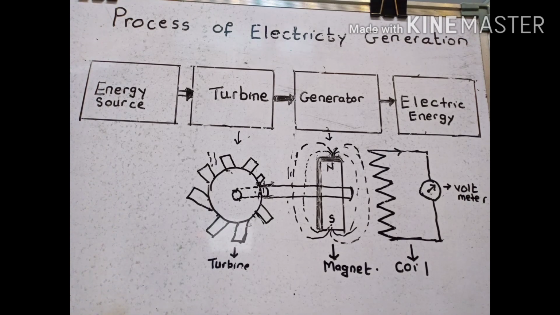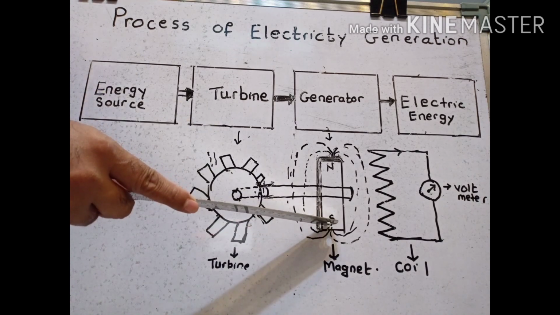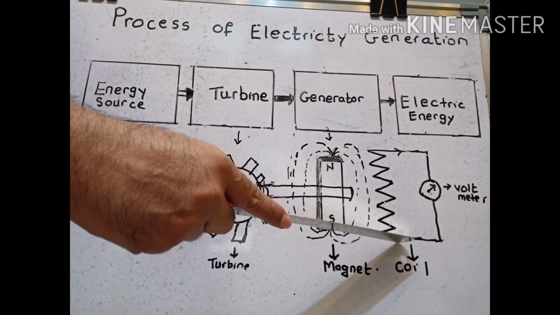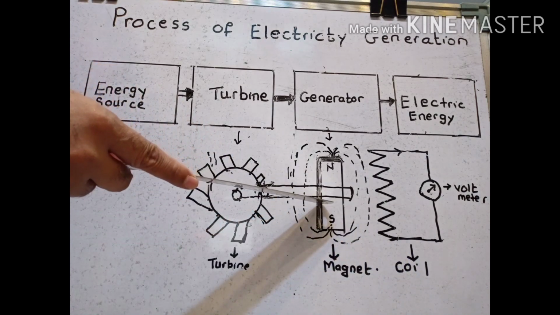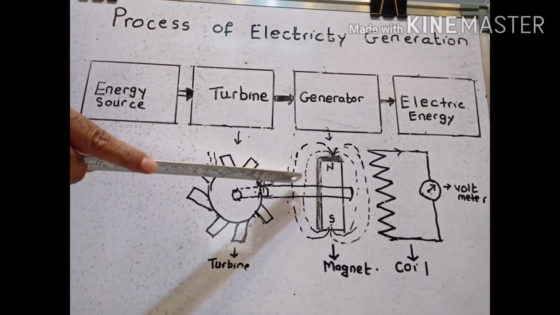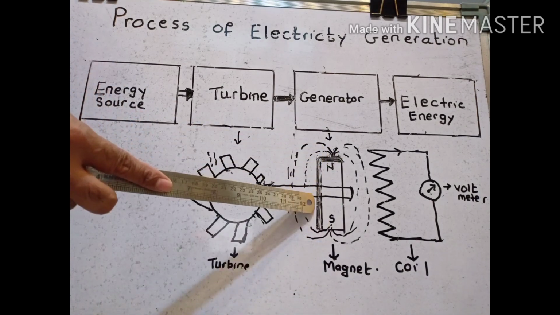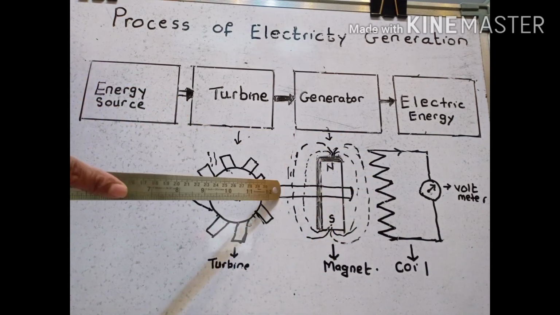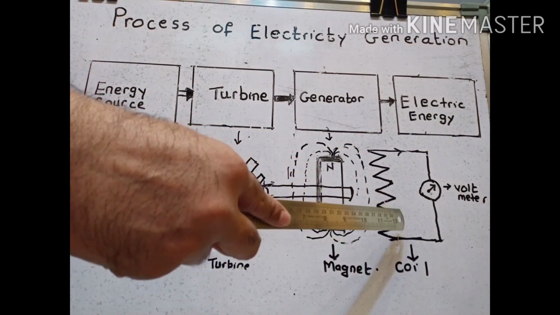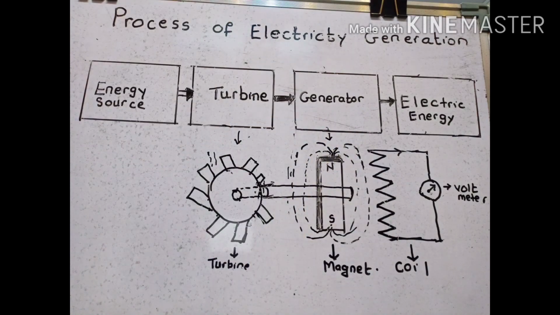Electromagnetic induction can take place by two processes. Either you rotate a magnet near a coil, or you rotate a coil near the magnet. Most generators use the first method: they rotate a magnet in order to change its magnetic field. A magnet is rotated near a coil within the generator.